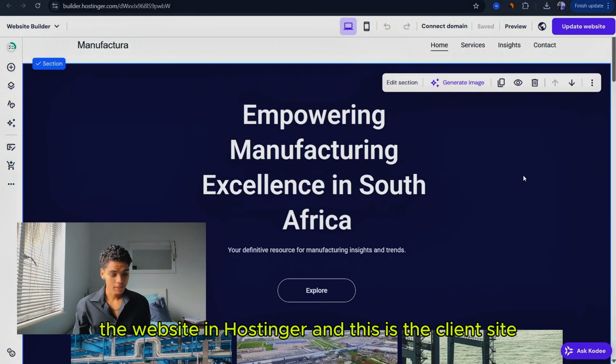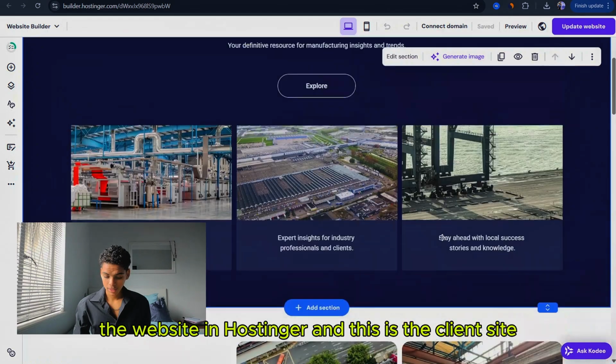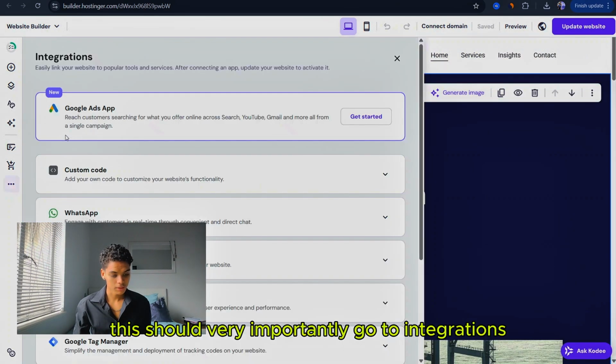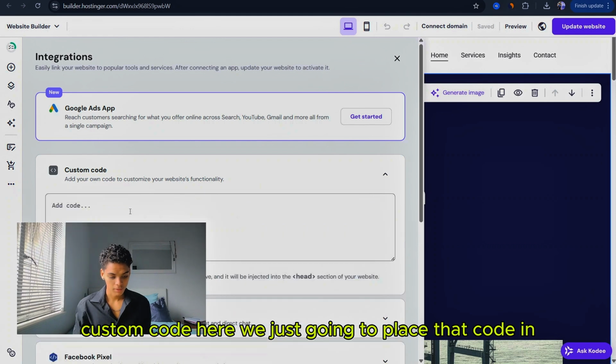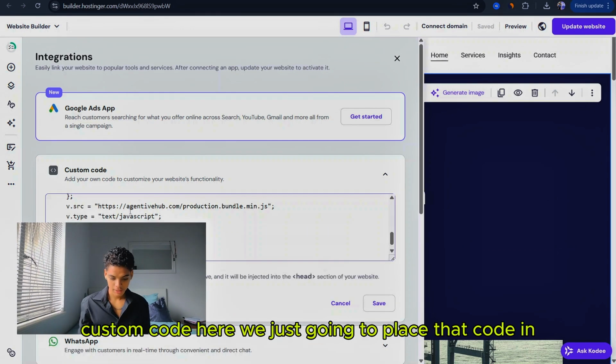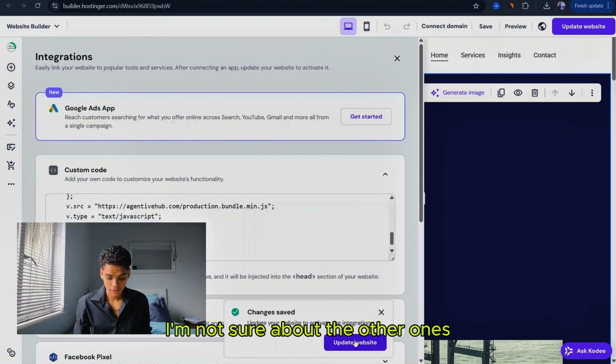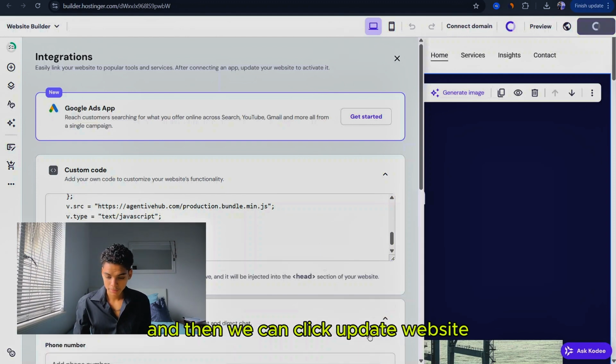Here's the website in Hostinger, and this is the client site. So to import this, which is very important, we go to integrations, custom code. Here we're just going to paste that code in. Hostinger makes it easy. I'm not sure about the other ones. And then we can click update website,